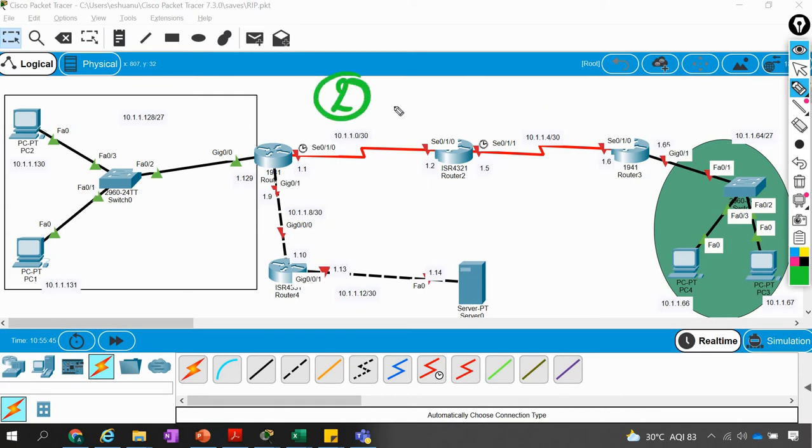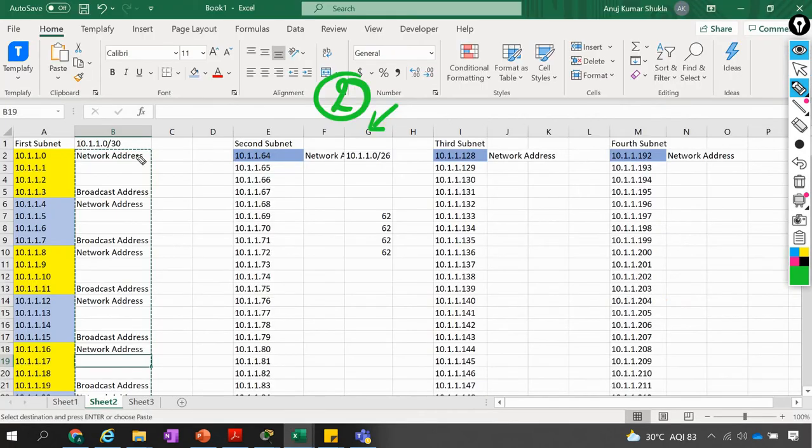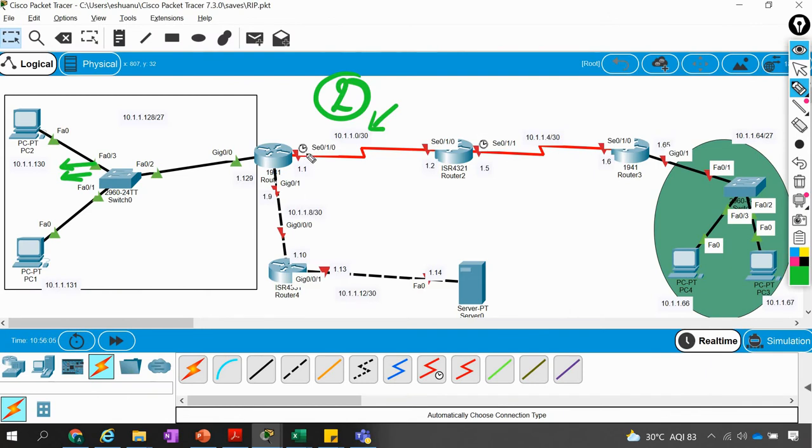I am using the network 10.1.1.0 slash 30. If I go to the Excel sheet now, this one, 10.1.0 and the slash 30 value. So our usable IP addresses will be this dot 1 and dot 2. So that's what I have mentioned here, where I'm going to use dot 1, 1.1 and 1.2, right? You see this one, that 1.2.